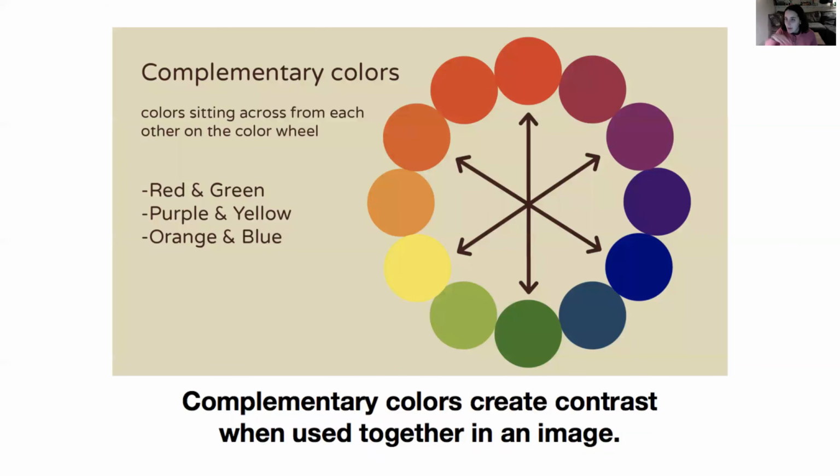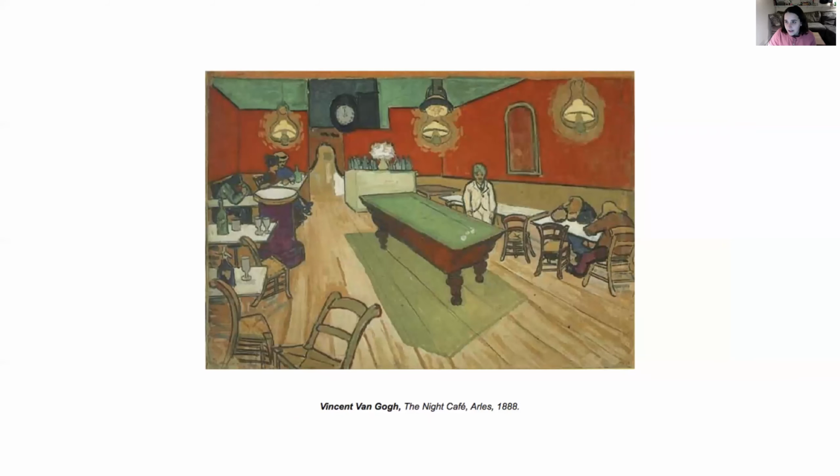To contrast that, complementary colors are opposite each other. So they're the most different colors on the color wheel. So red and green, orange, blue, yellow, purple. Think of any sports team. Most of them, not all of them, will use this. The Bears are orange and yellow. The Lakers, purple and yellow. Mexico is red and green. So when these are used together, they create a lot of contrast and even tension,